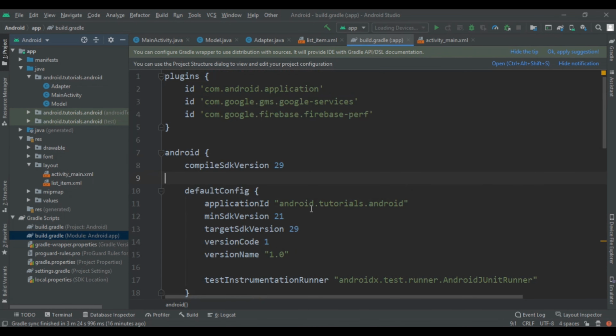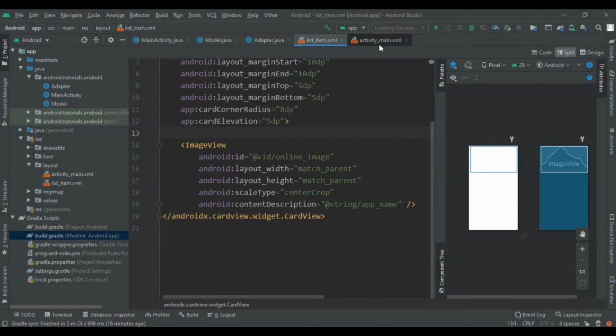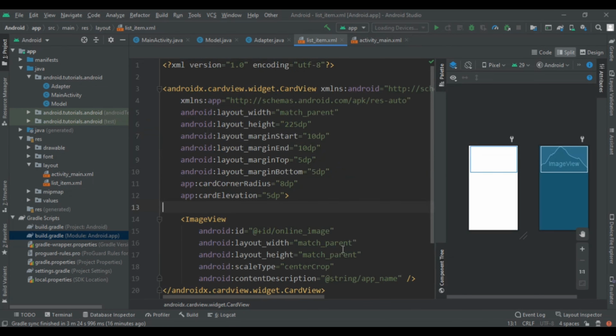After this completion, we are going to create a constraint layout to a recycler view. Means we are going to convert the constraint layout to the recycler view and give its ID to the recycler view. And then in a list item, as we are going to convert it into a recycler view, we need one layout that will decide the child.